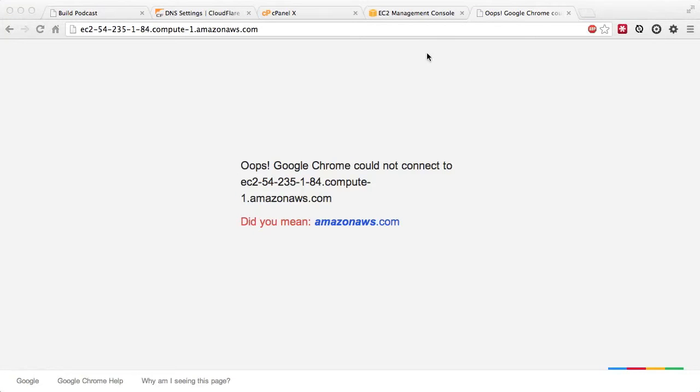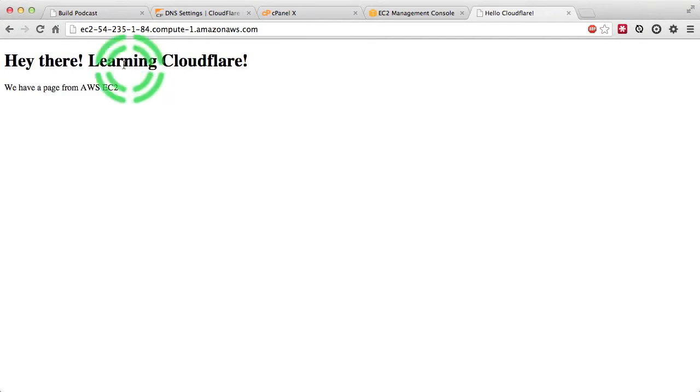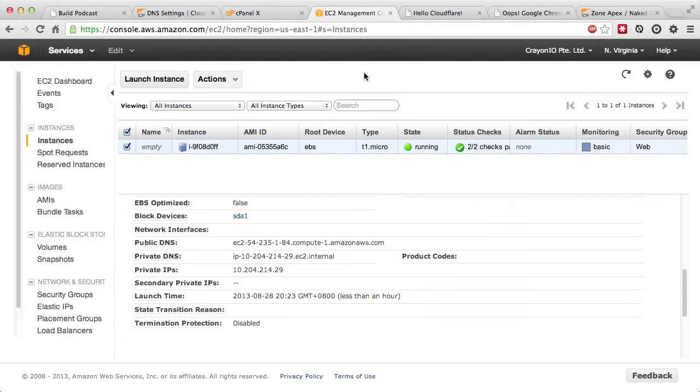So after this, I'll just start up the Apache server, which is service httpd start. And now when I visit the public DNS page and I refresh it, yep, I am able to see that very familiar page. And now we can go back to Cloudflare and create an A record pointing to an IP